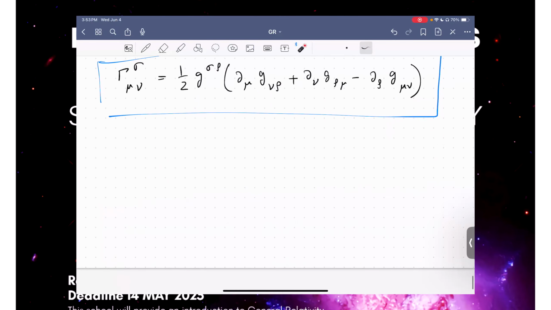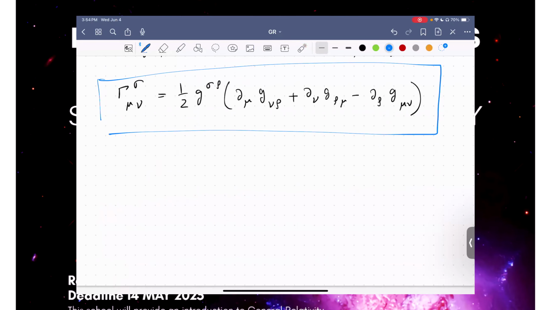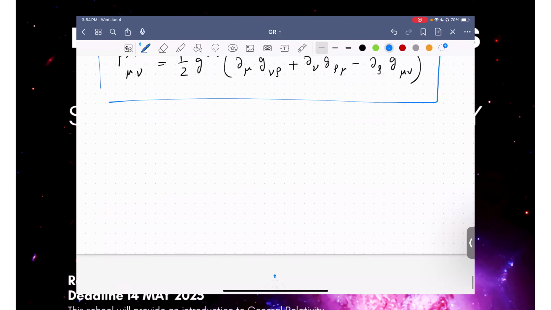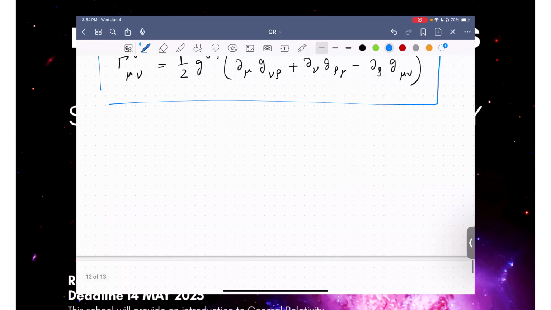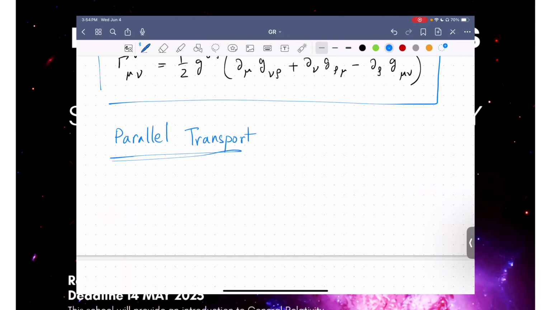Okay, so I think this is a good time to go to parallel transport, which is the main reason why we were interested in these covariant derivatives anyway. Okay, so what is parallel transport? Roughly the intuition is that